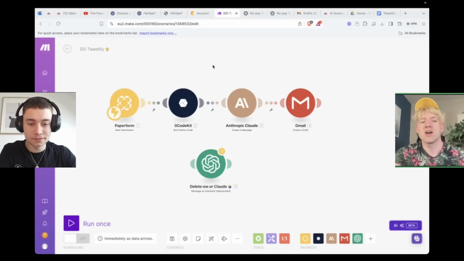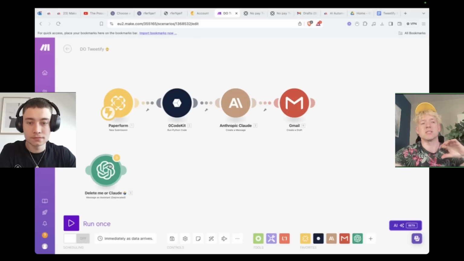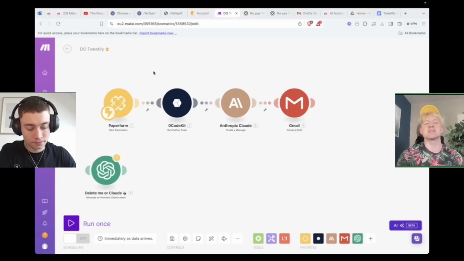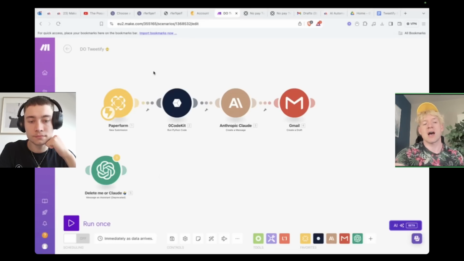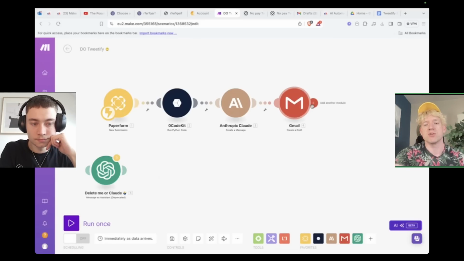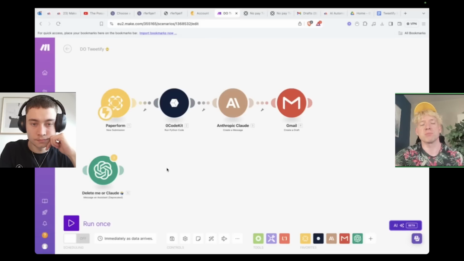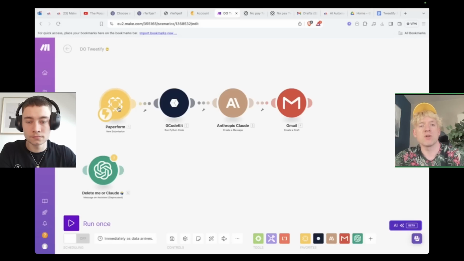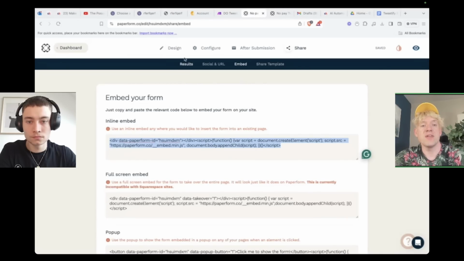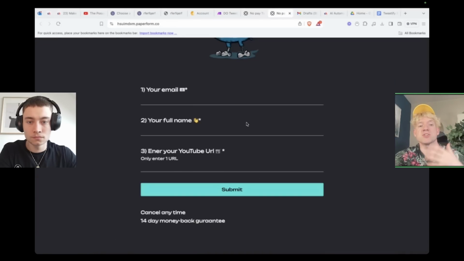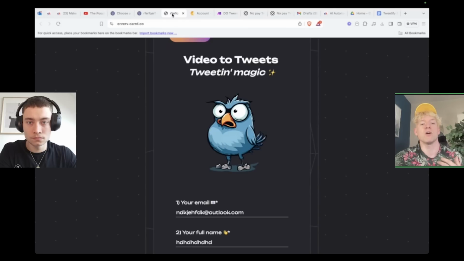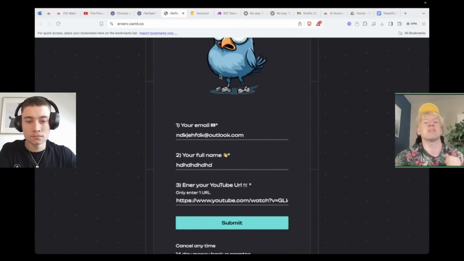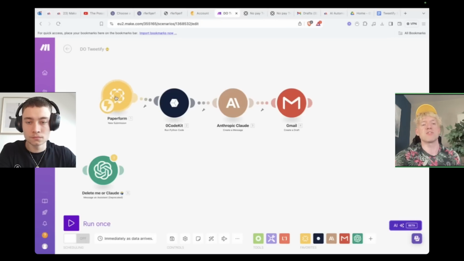I love that question. So the way that Make works is we have this trigger. A lightning bolt basically means the second I get some data, the whole automation will start. And again, how do we activate the automation? We come down, we click the on button. The way you would add things is you come here, you can add little pluses and all that sort of stuff. But for simplicity, I'll show how it works. So now Paperform here is going to wait until this completes. Either the page itself completes, or in our case, because we built it on this website, this form is complete. Now, the second that happens, this guy kicks into action.